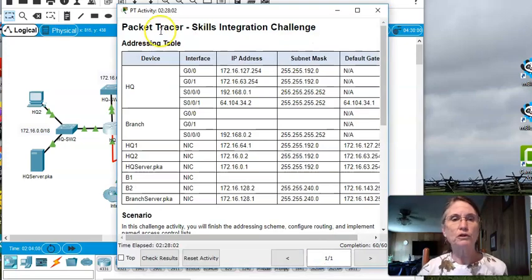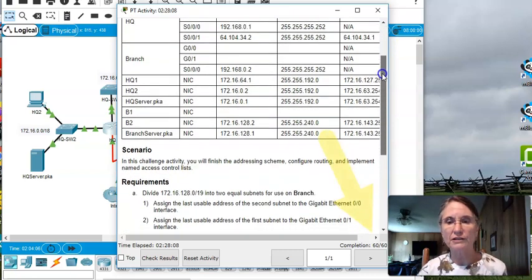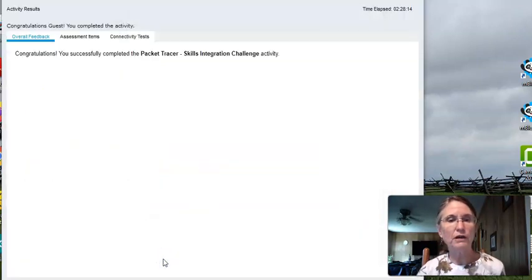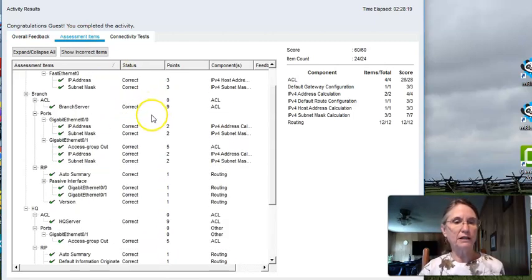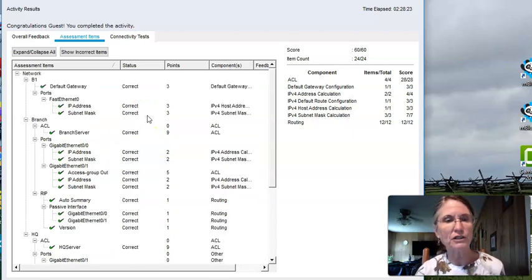You will be able to look at your skills integration challenge activity, see that your completion shows 60 of 60. You can look at the checked results in the assessment items and look at all those beautiful green check marks and be able to upload your PacketTracer assignment for a grade,